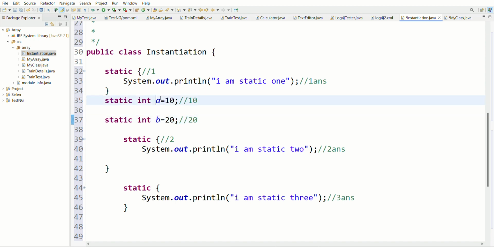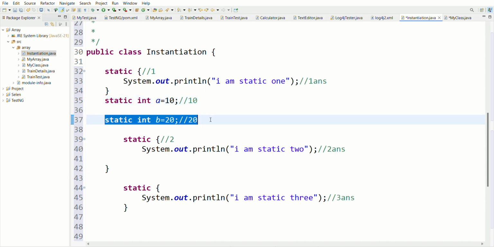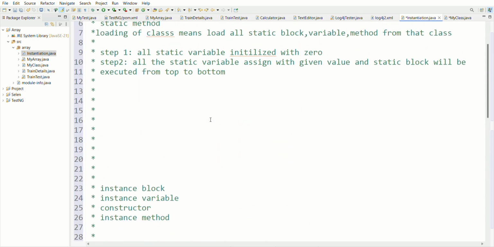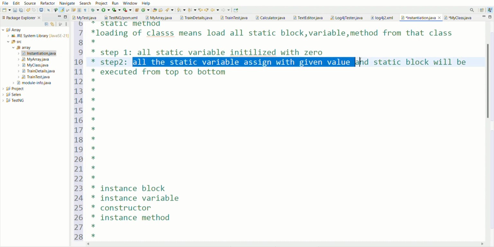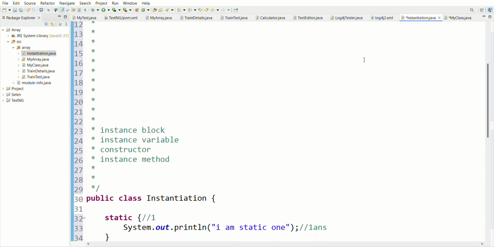At first a value will change to 10 from 0. At first a value will change to 0, and here the 20 value will again change to 0. At first all the static variables initialize with 0. And in the second step, all the static variables are assigned the given value, and static blocks will be executed from